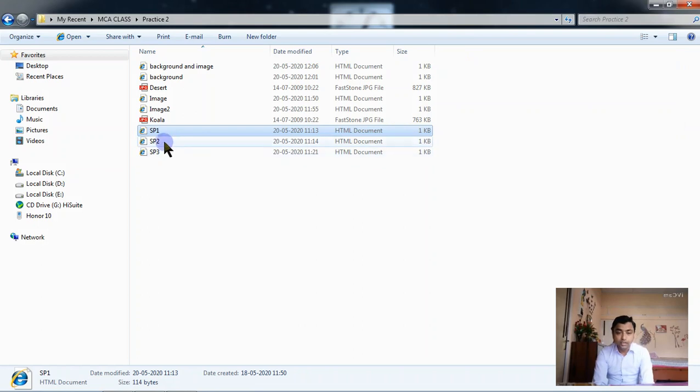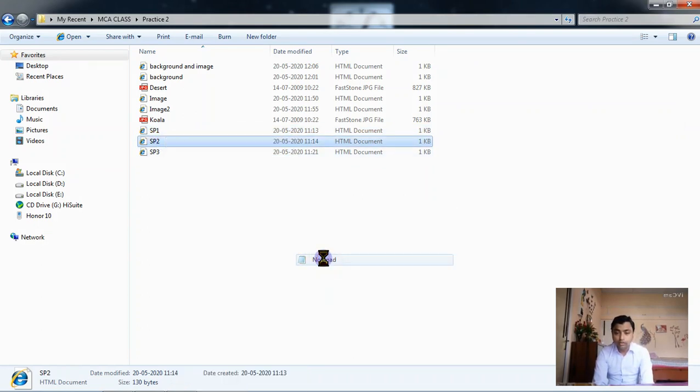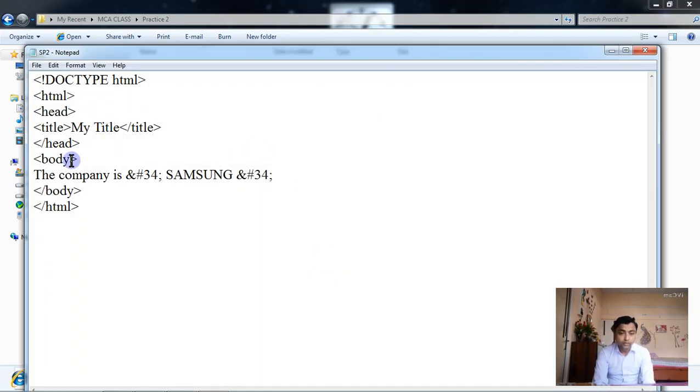So similarly, SP2, I am opening it with Notepad. Here I have written the company is, I have used this symbol and this symbol, and this is used for quotation mark.